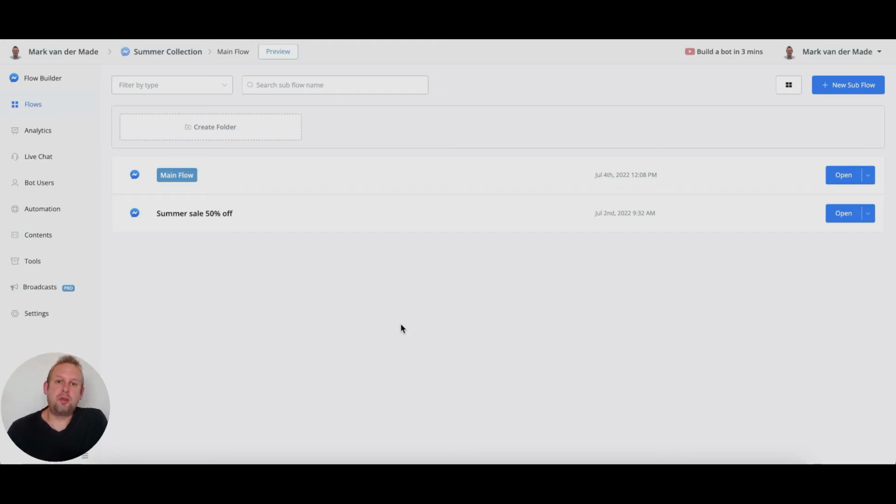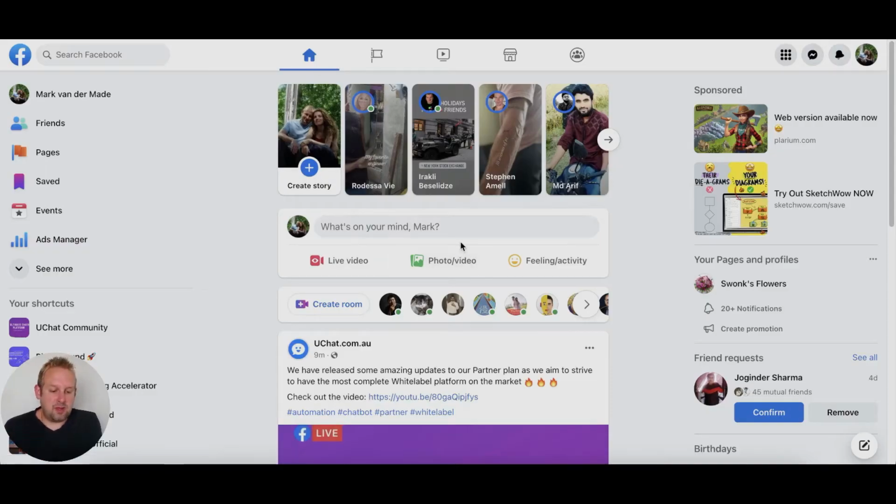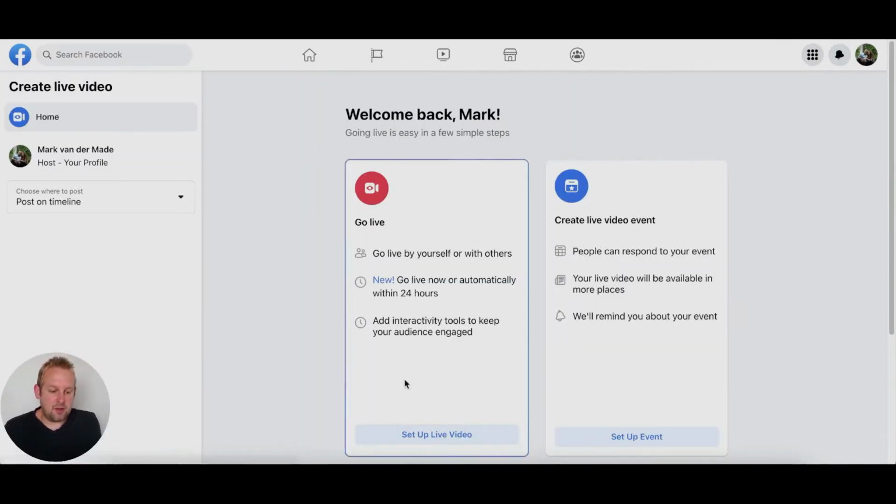In addition to regular Facebook comment posts, you can also use this exact same method during your Facebook live sessions. The way this works is that we are going to basically go live on our Facebook page, and then from there we are going to set up our Facebook trigger. So let's go towards my live feed, let's go for the live video, and from here on the left hand side